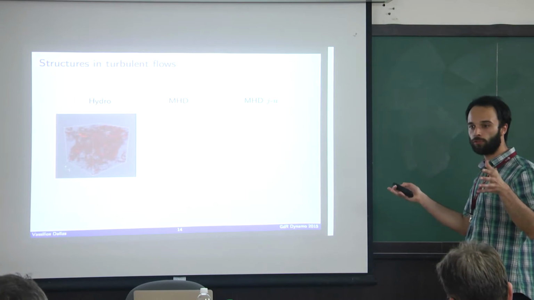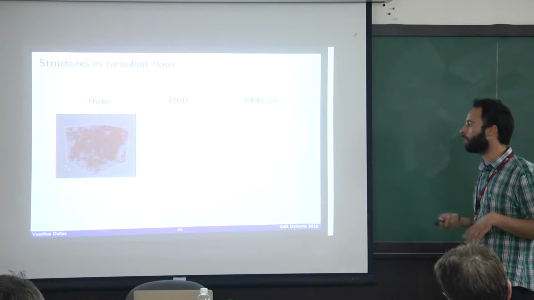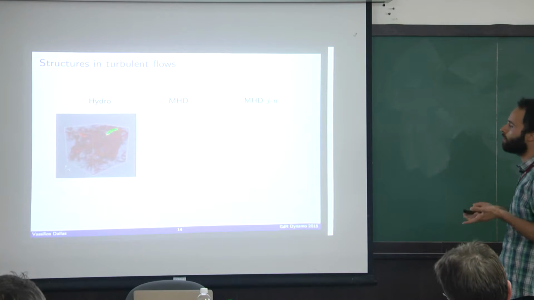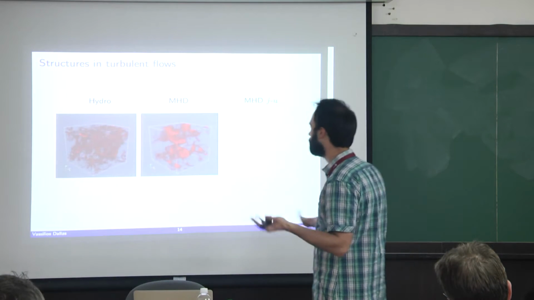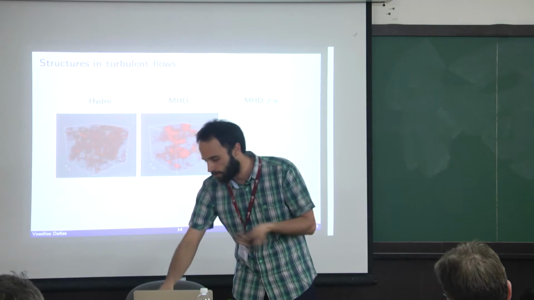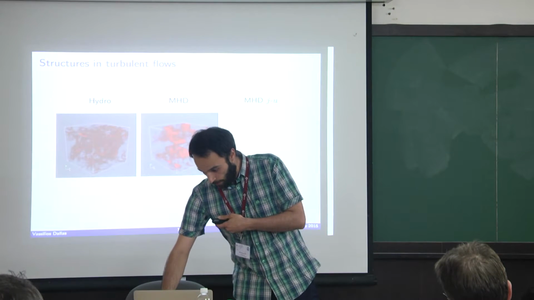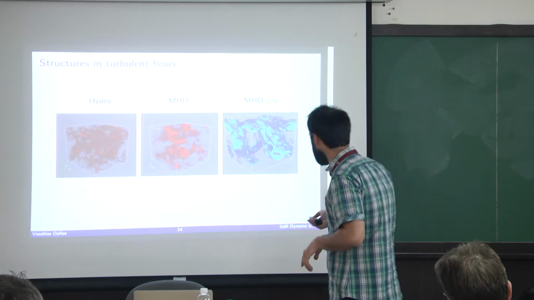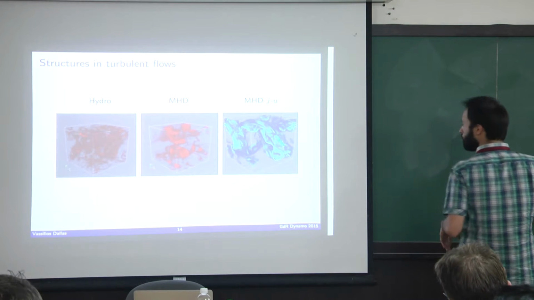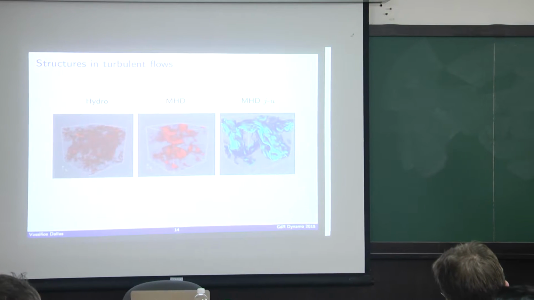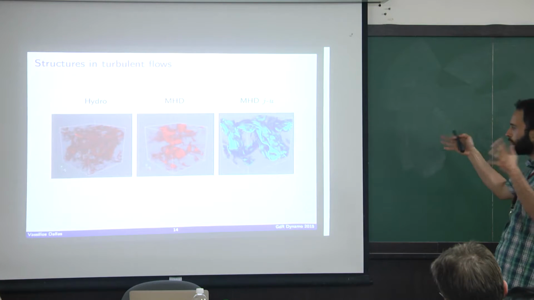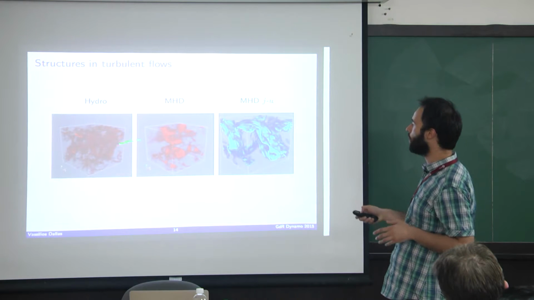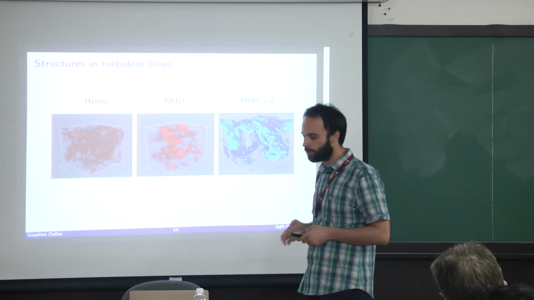Usually when we visualize turbulent flows, we see intense dissipative structures, randomly oriented. There's a large population of them in a large range of scales. And usually in hydrodynamic turbulence, they have the shape of tubes. In MHD turbulence, they have the shape of current sheets in general. However, in this case, you see that there is a huge current sheet, this is the current density, sitting in the middle of the box, almost spanning the size of the box. You don't see this kind of mess that you usually see.